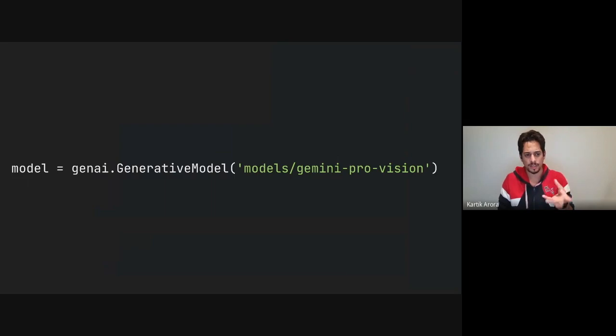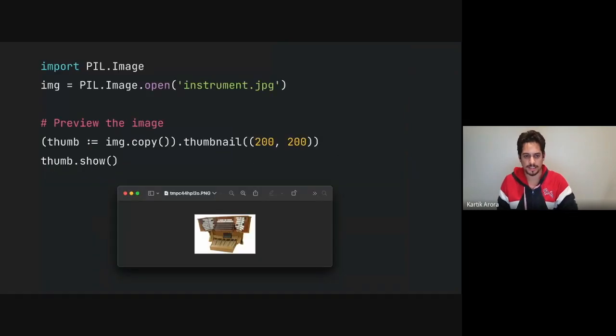Now let's see how we can use this in Python using the SDK. This is an image called instrument.jpg that Google has provided for demos. I'm just using the regular Pillow library to open the image and then show a small 200 by 200 thumbnail of it.